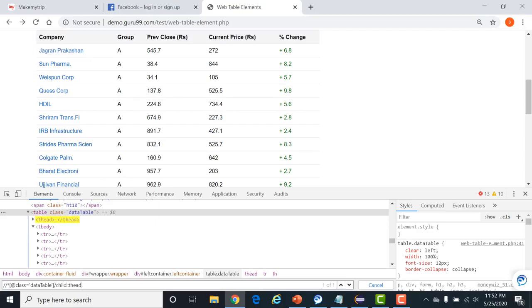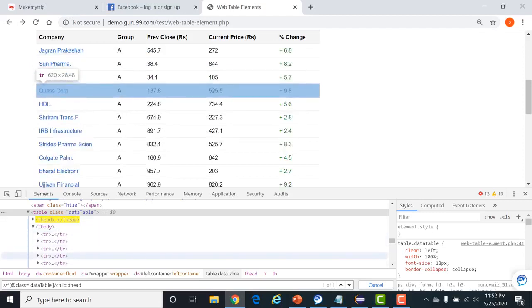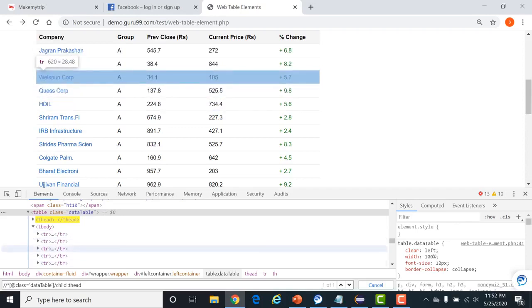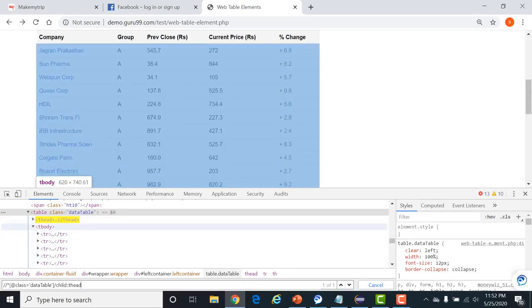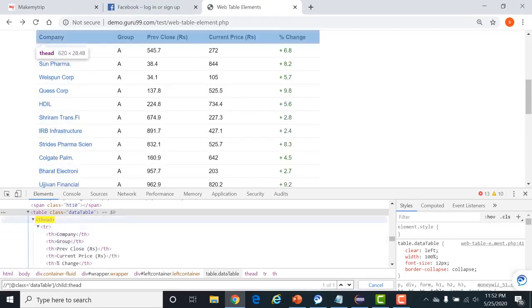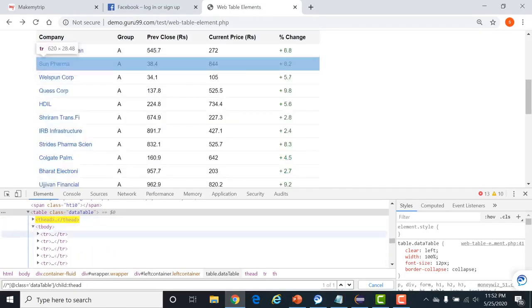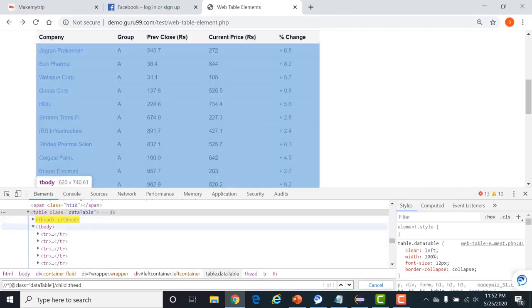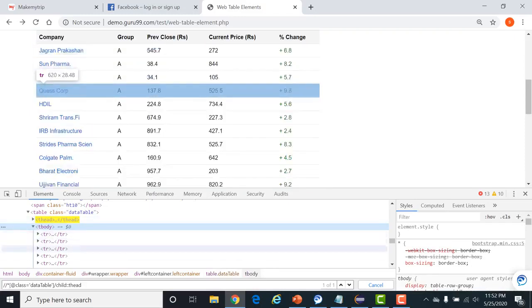Fine. Okay. Now I want to select all this TR, right? All these rows I want to select. What following does? Following selects all the tags that we are giving after the current node. Means right now we are here. So it will start searching from the next node, which is T body. It won't go inside the current node. Right now I am on T head, but it won't go inside this. It will start searching just after the current node. So this is the node that is defined after the current node. This is the T body. And after that, it will search for all the TRs.